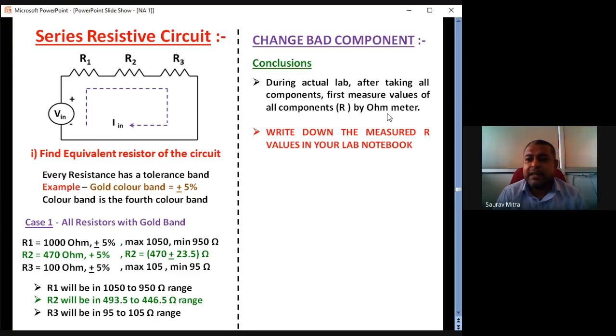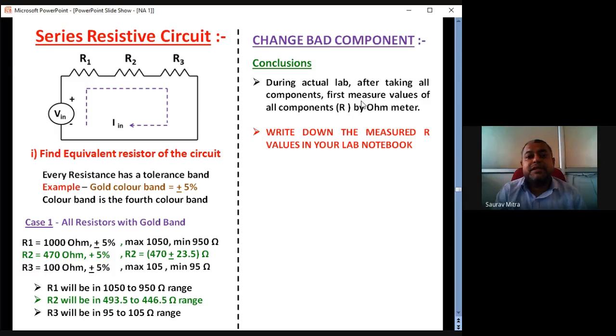So there is no point in that, because whenever any component is given to you, let it be ammeter, voltmeter, multimeter, resistors, inductor, capacitor, transistor, any component, there is a certain method to check whether that component is functioning properly or not. Being an engineer, it takes hardly 5 minutes to check all the components. So first check all the components and then start doing the experiment. It is applicable for all the experiments.